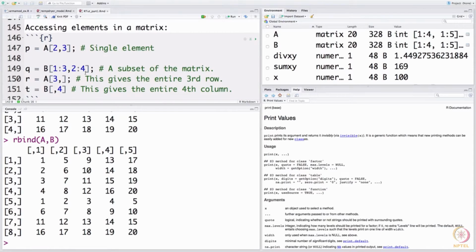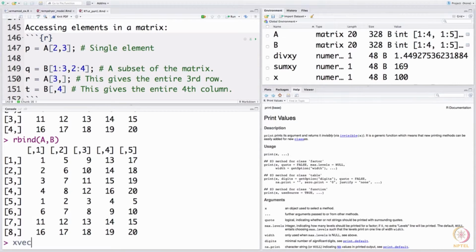Like we discussed before, we would like to know how to access elements of a matrix, and once again the syntax is a square bracket, and you specify the indices. For example, if I want to access the 2 comma 3 element of A, simply I would say A of 2 comma 3. And another thing that I should have talked about earlier with respect to vectors, and then we will come back to this matrix thing here.